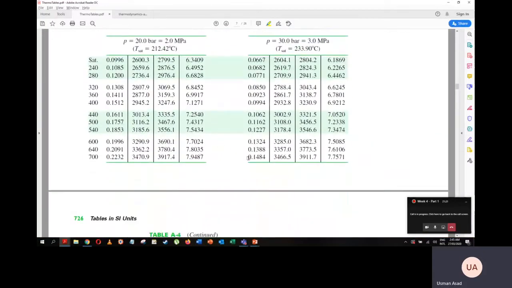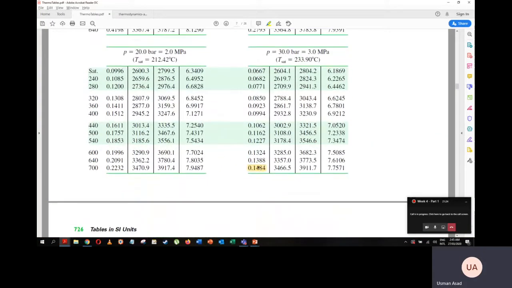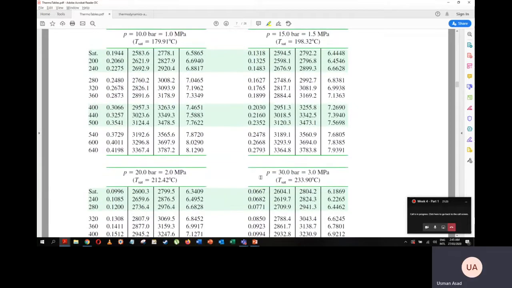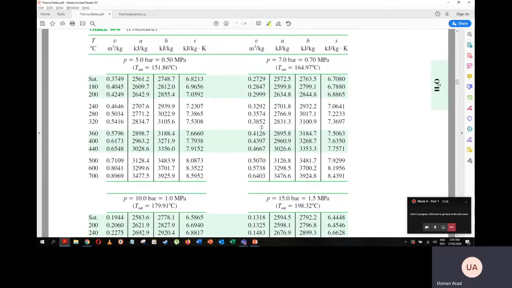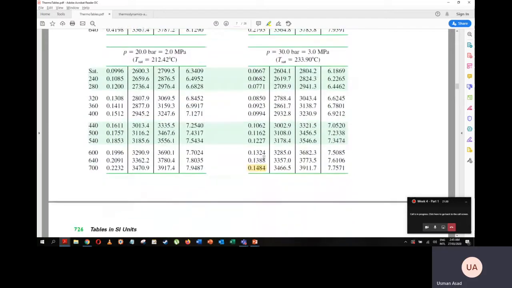Right? So keep going down and we find this wonderful value where the specific volume, which is the first column in these mini tables, is 0.1484. And wait a second, I'm looking at the wrong, I'm looking at a temperature of 700. I should always be looking at this temperature of 500. Okay, okay, so फिर भी we find कि 500 पे